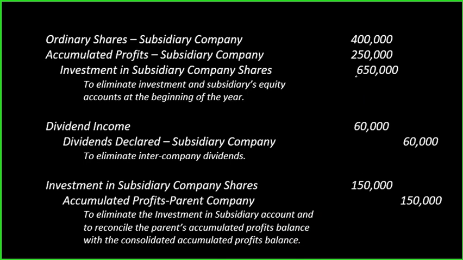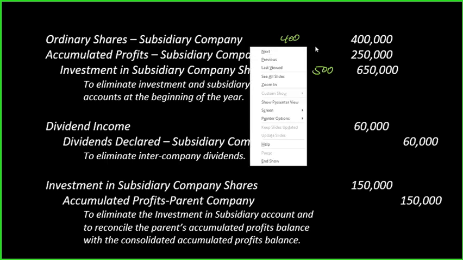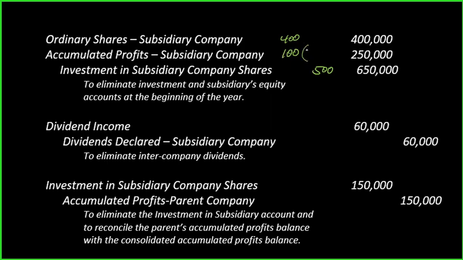Sir, bakit 650? Di ba kanina 400 lang yan? 400, this one is 100 and then credit to 500. Why are we now eliminating 650? Take note, in the books of the subsidiary, although it was previously 100, but after a year, diba, may income siya na 200,000